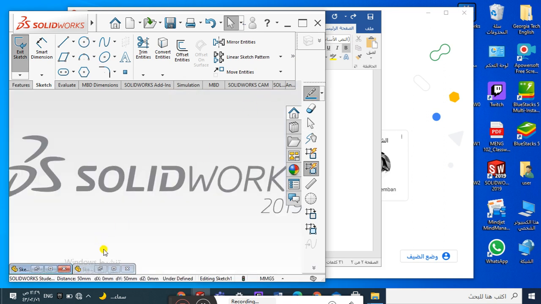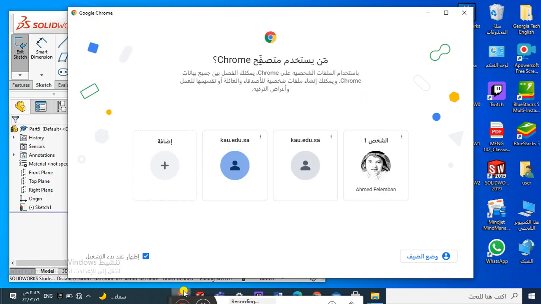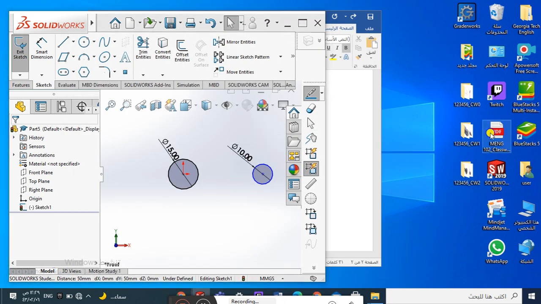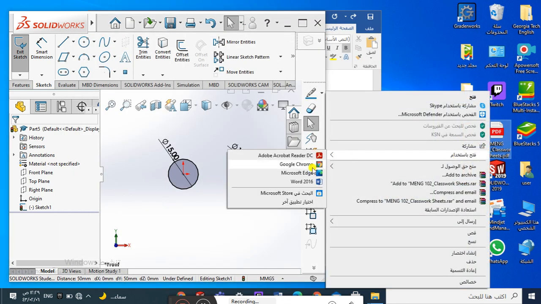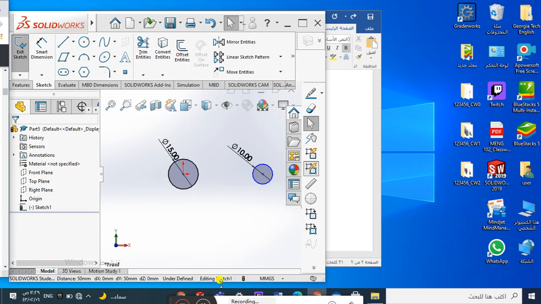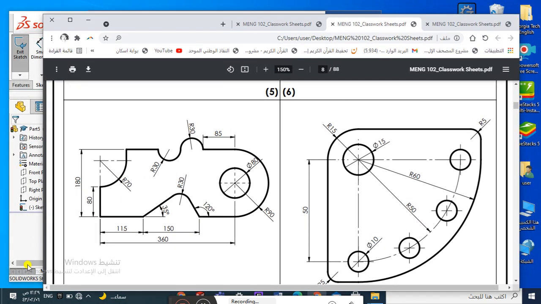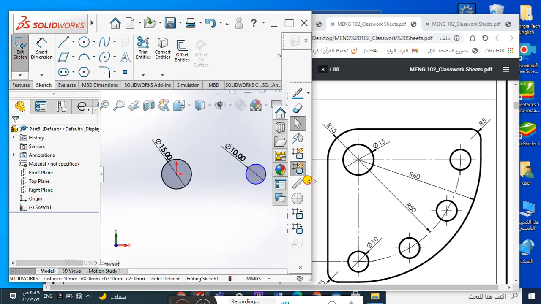Let's go to question number 8 now. Okay, this is question number 8. Now if we go to question number 8, I'm not going to draw everything. I just want to know how to do these 4 circles. So I made the inner circle here, and this one just needs